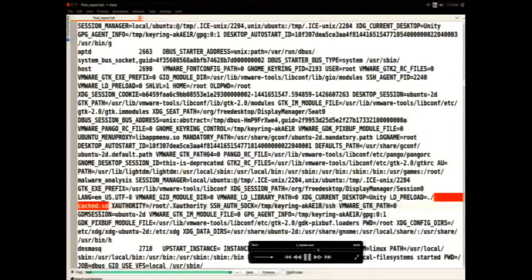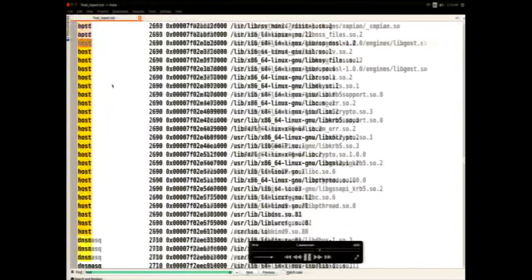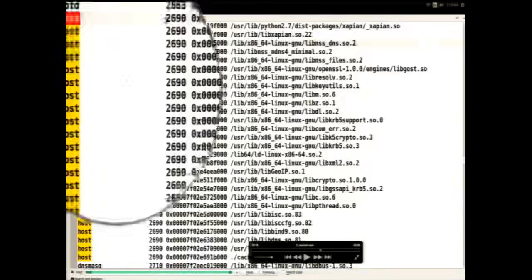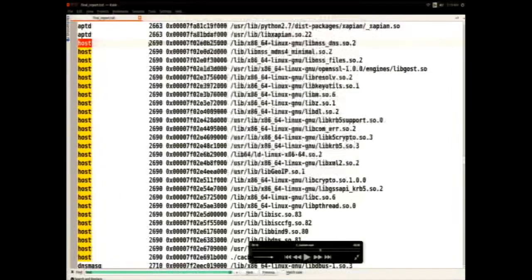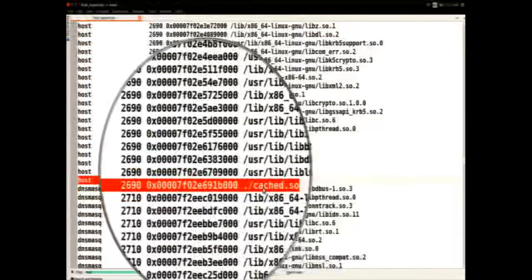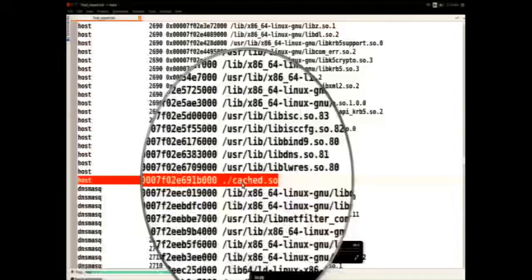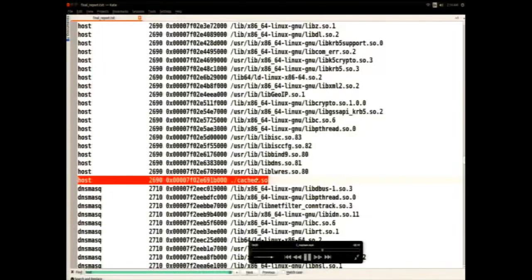That's one thing. So if the LD preload worked properly, then the host process should load this cache.so file, right? Listing the libraries, the shared objects loaded by the host, you see that it loads all other shared objects. Also, you will see that it loaded the cache.so file here. The host process, which is 2690, loaded this cache.so. The reason it loaded is because of that LD preload technique, because the malware added the path to the shared object in the LD preload variable. As a result, this shared object got preloaded, which is a malicious shared object.